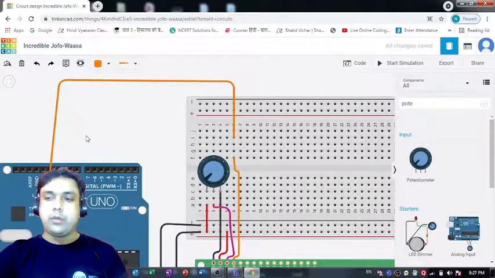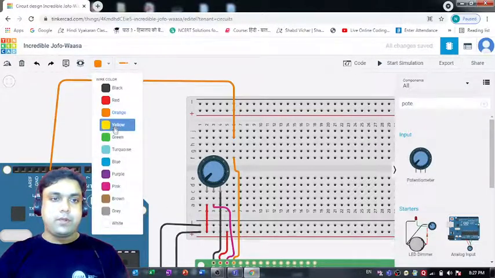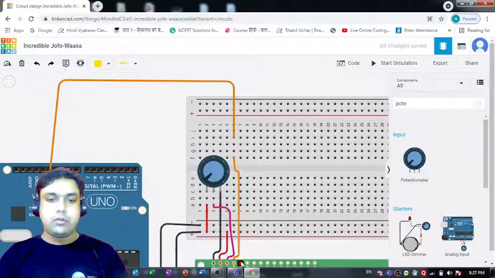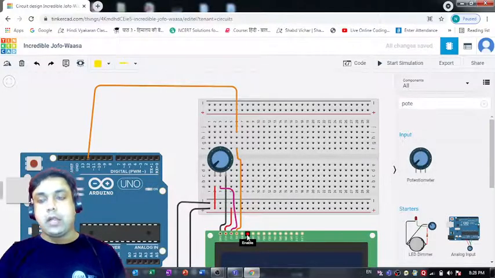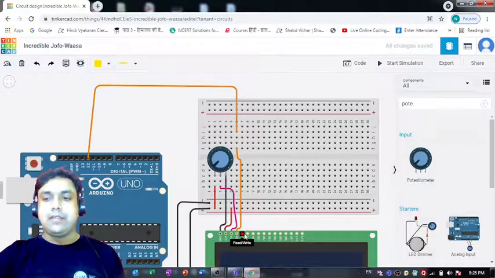Similarly, we can repeat the same steps for this yellow pin also. So that's for register select, that's for read write, and that's for enable. Now for enabling this LCD, we will have to again connect it to one of these free pins of the Arduino Uno R3 board.